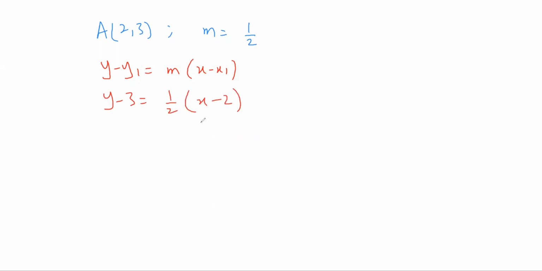Now let me tell you an interesting thing over here. This is the equation of a line. If the question is to write down the equation of the line, you can leave it up to this. This is the equation of the line. But if the question says write the equation in the form ax plus by equals c, there is going to be 1 mark for giving your answer in this particular form.